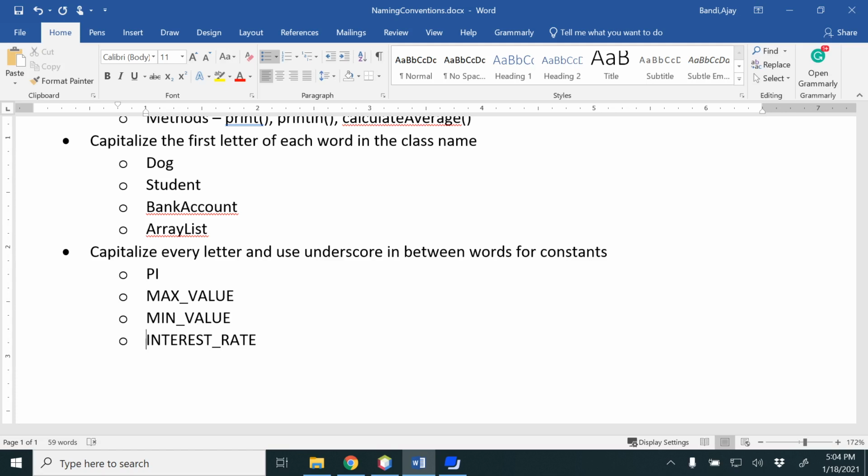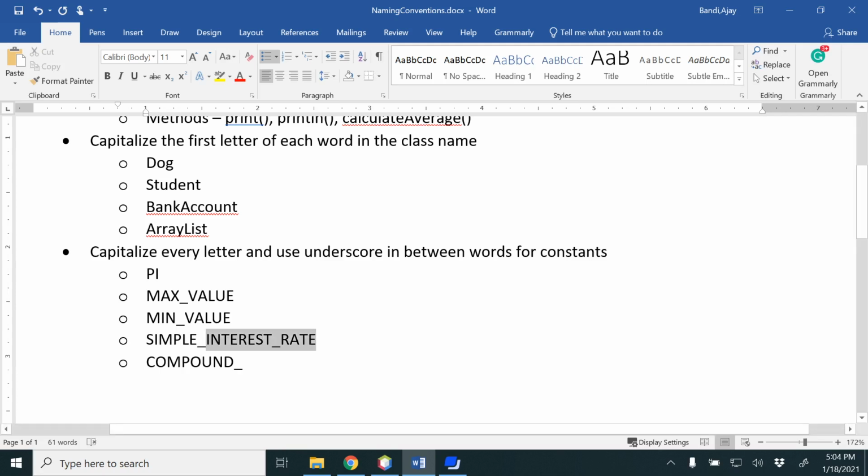INTEREST_RATE or SIMPLE_INTEREST_RATE. You may use COMPOUND_INTEREST_RATE. So capitalize every letter, not the first letter, but every letter, and use underscores in between